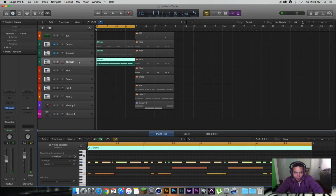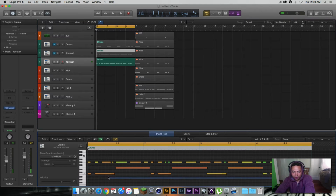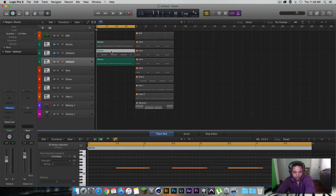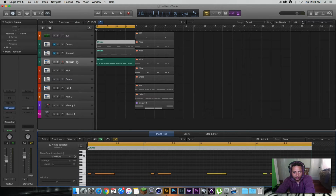For this one, I want this to be my hat. So I'm going to delete my kick and snares. On this one, I would delete my kick and hats. All I'm doing is highlighting it and pressing the delete key. And this one, I'm going to delete everything but my kicks. So boom, right there, and then you have them separated. So when you play them, as you can see,